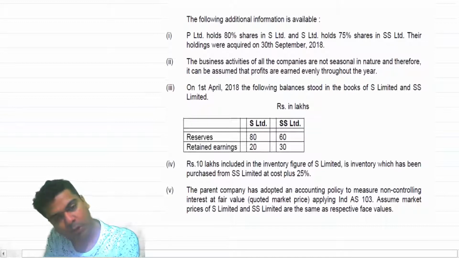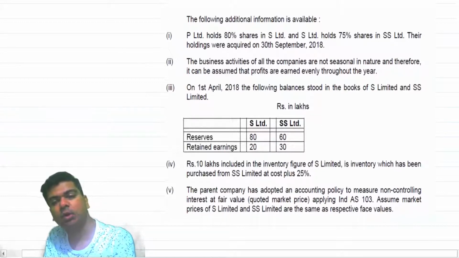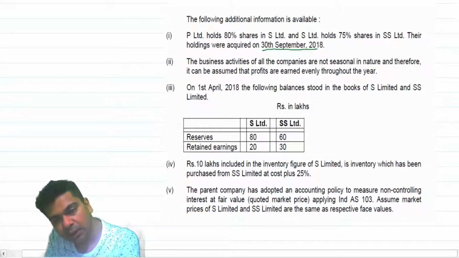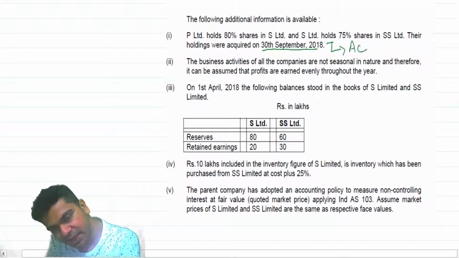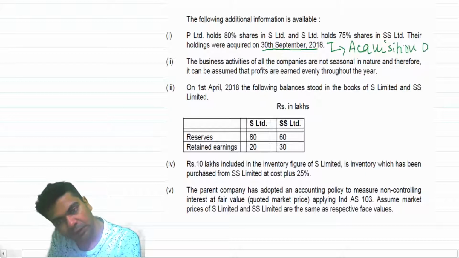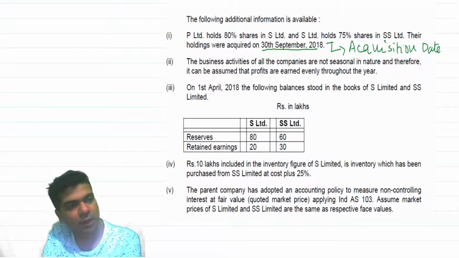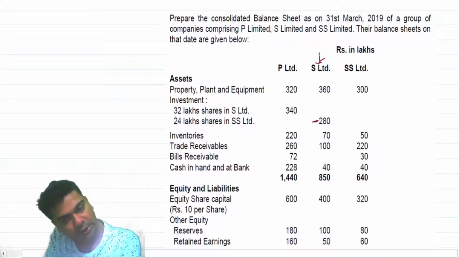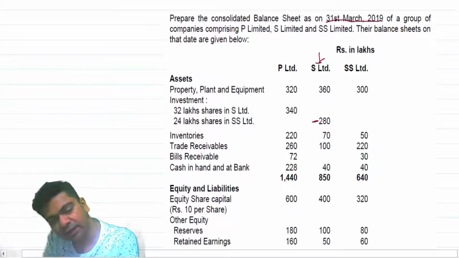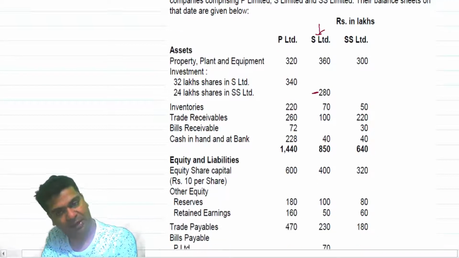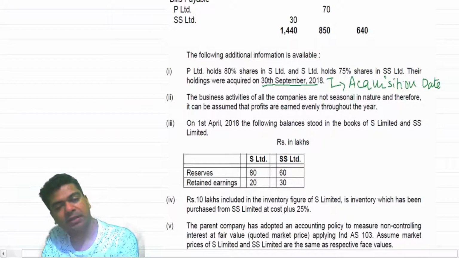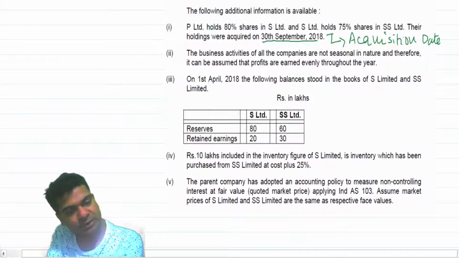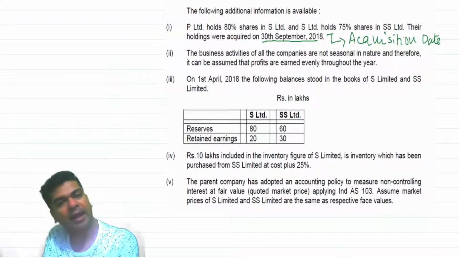P Limited holds 80% shares in S Limited and S Limited holds 75% shares in SS Limited. Their holdings were acquired on 30th September 2018. That means 30th September 2018 is the acquisition date. So this is the date on which we are acquiring the shares. If I check with the balance sheet date, the balance sheet is on 31st March 2019. So the year must have started on 1st April 2018. So during the year, after 6 months of the completion of the current year, you have purchased the shares. Remember, whatever are the profits and reserves up to 30th September 2018 will be pre-acquisition, and after 30th September 2018